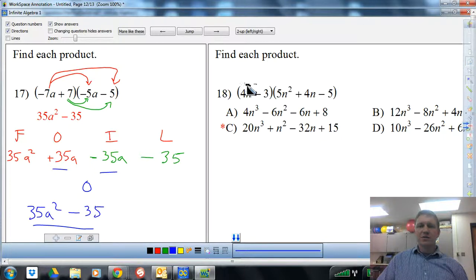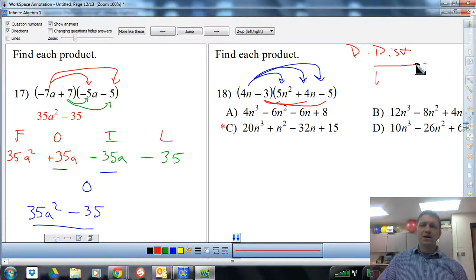Okay, next one, number 18. We're going to go multiply, multiply, multiply. This is the double distributing method. And then next I'm going to go multiply, multiply, and then also multiply a third time. So it's a total of 6 terms. You can use the double distributing method,